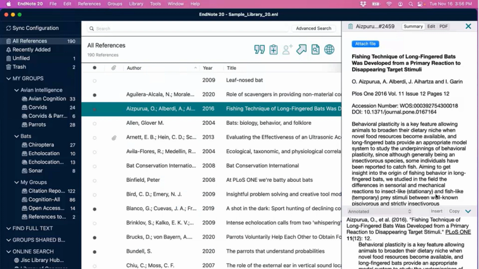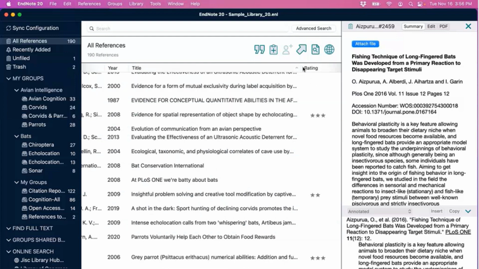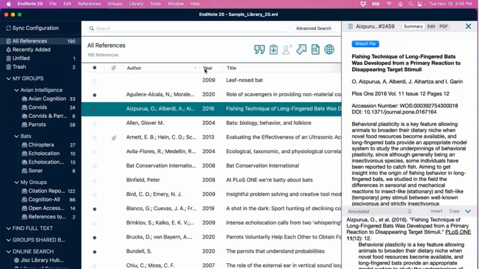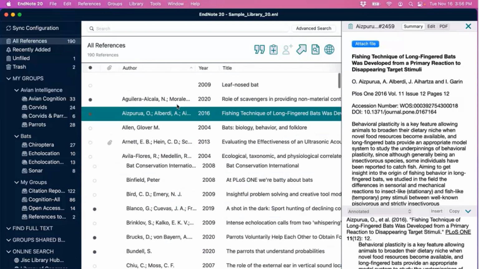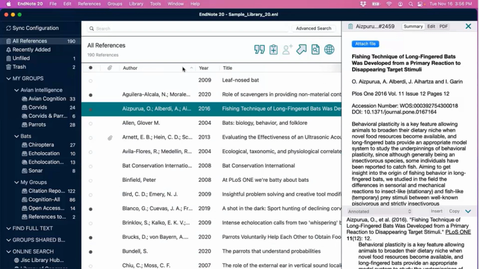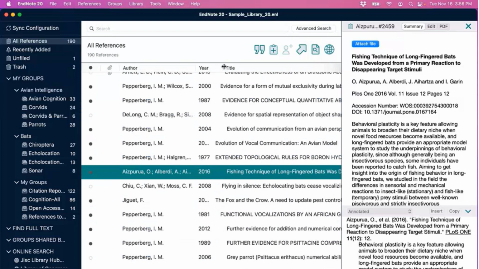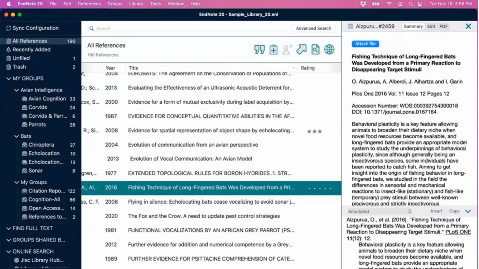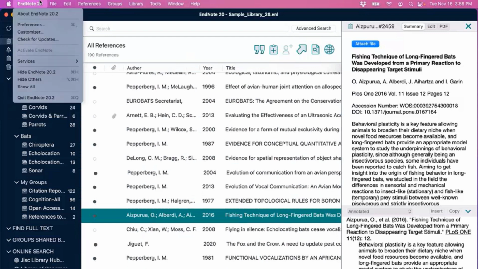But again, here in the middle of the library window, the reference list panel, you can display up to 10 columns of information, various bits of details from your EndNote library entries. You might notice here I'm clicking the column labels where I can temporarily resort my references based on that information. I can go Z to A or A to Z, or in terms of numbers, I can go ascending to descending, either way. Like I was describing, you could resize these to personal preference just by dragging that little separator left or right to narrow or broaden a particular column here.